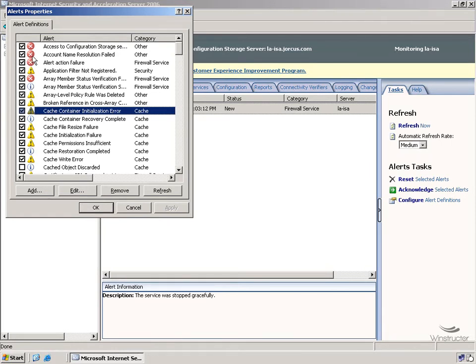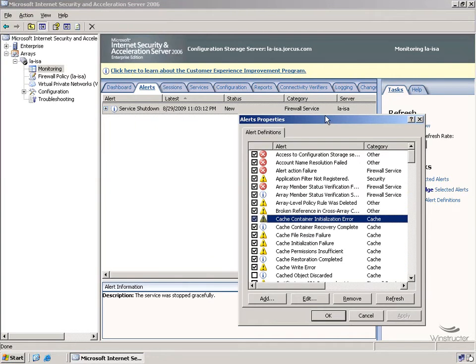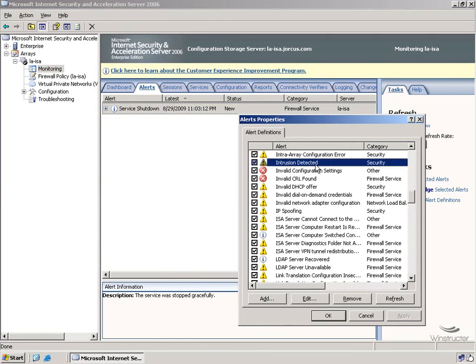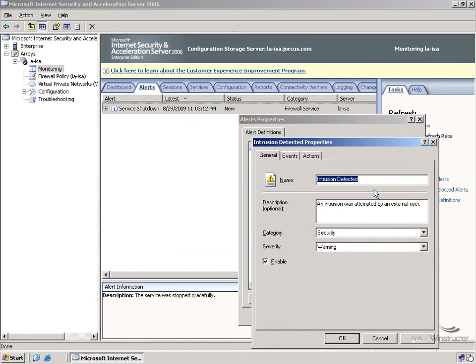Now any of these checked boxes that you see down here, they will generate an alert, but by default the alert won't actually go and alert anyone unless they come here into the ISA Server Management Console to view them on the Alerts tab. But if we select one of these, let's say an intrusion detected event, let's say that I want to be notified if someone is attempting to get into my ISA Server or to bring it down with a known attack. So we'll select this, we'll click the Edit button, and here we'll get a name and a description